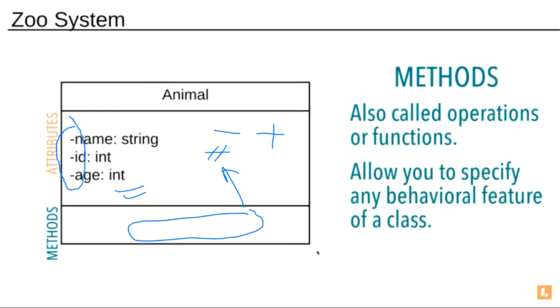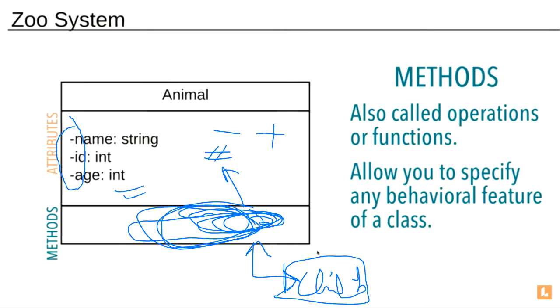Protected means only the subclasses, only the members present inside this class and its child classes, can access a protected member, nothing outside that. Okay, there is one more visibility, let me tell you.